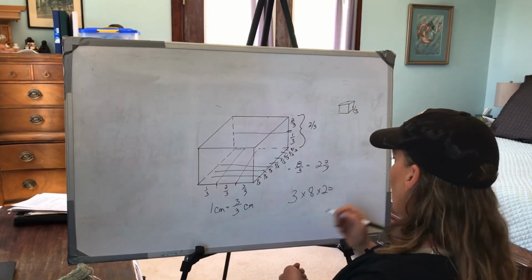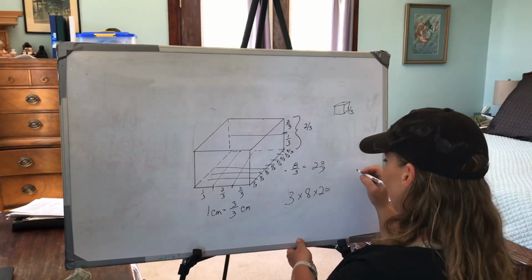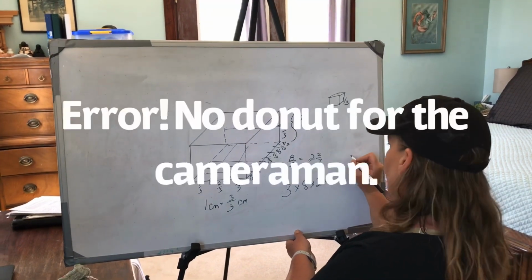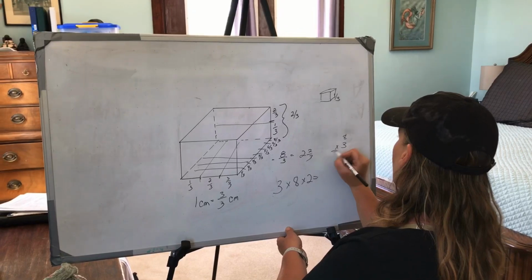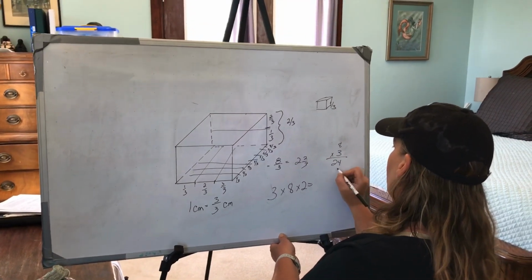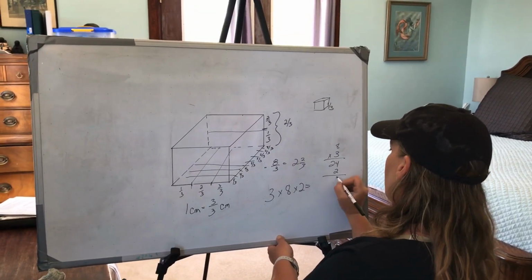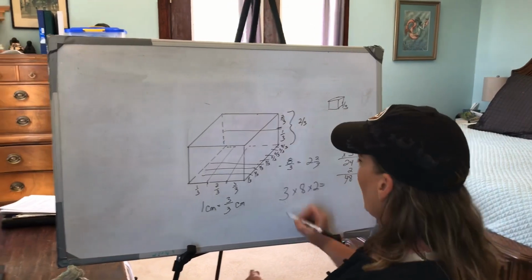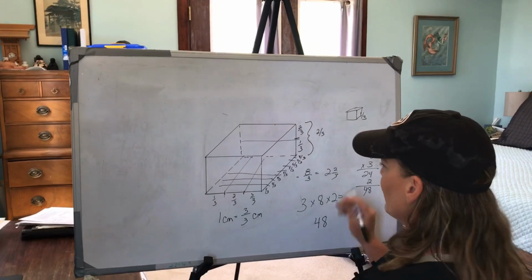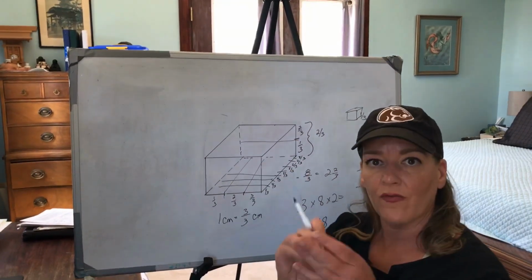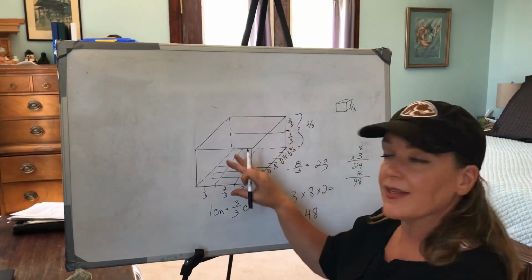And 3 times 8 is? 26. No. 8 times 3 is 24, right? Times 2 is? 48. So 48 of these 1/3 centimeter cubes would fit inside this